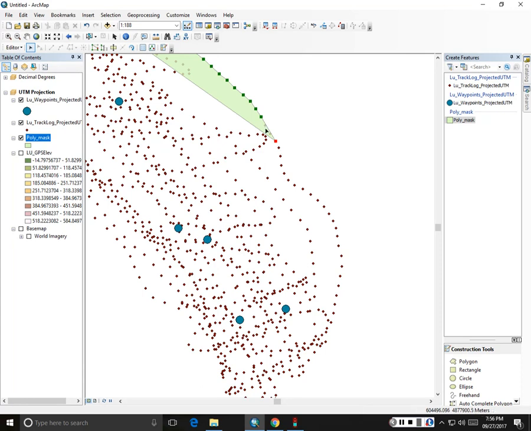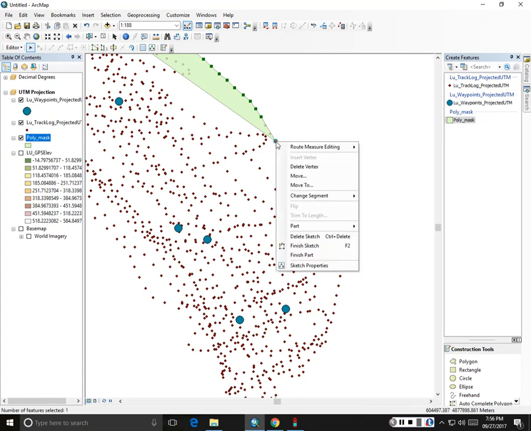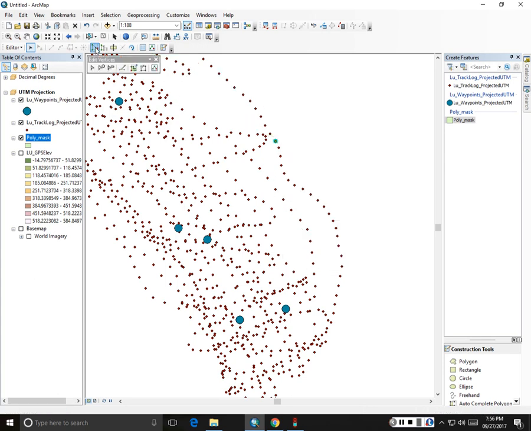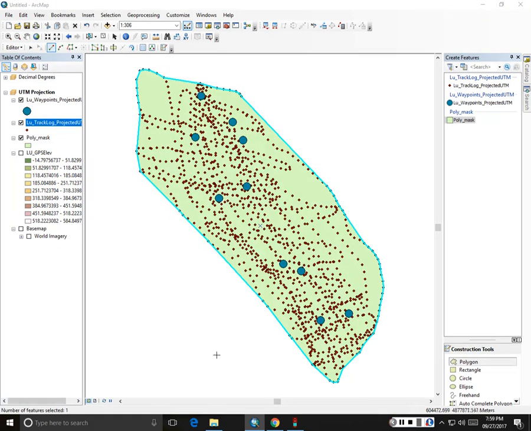Did I finish the sketch here? I need to get back in here. Okay, and so all of you might have something that looks a little bit different, but to begin the process,